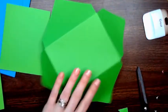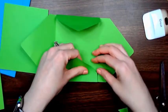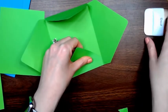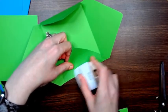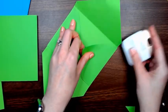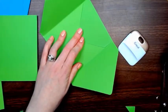Alright, so then we're going to bring these in. These do not touch. We're going to, what's that noise? Oh, we're going to bring these in. Like I said, these will not touch in the middle. If they do, they barely touch in the middle. But that's okay. So then we're going to take our little tape